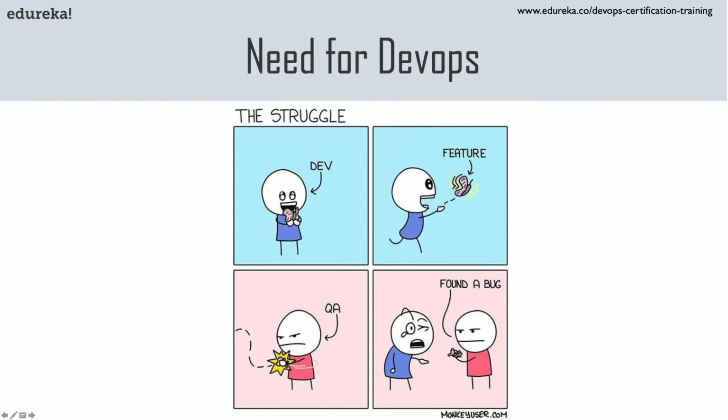So a developer develops a feature, they put in all their efforts, and the development team comes up with the feature. Now the job of QA is to verify that feature, right? Once they verify the feature, they find a bug and give it back to the developer. So this is a very funny analogy of the problem between developers and the operations or the testers in the team, right? Developers always think that whatever they develop, the tester will find a problem in it, and will put a hindrance in their work from going to production.